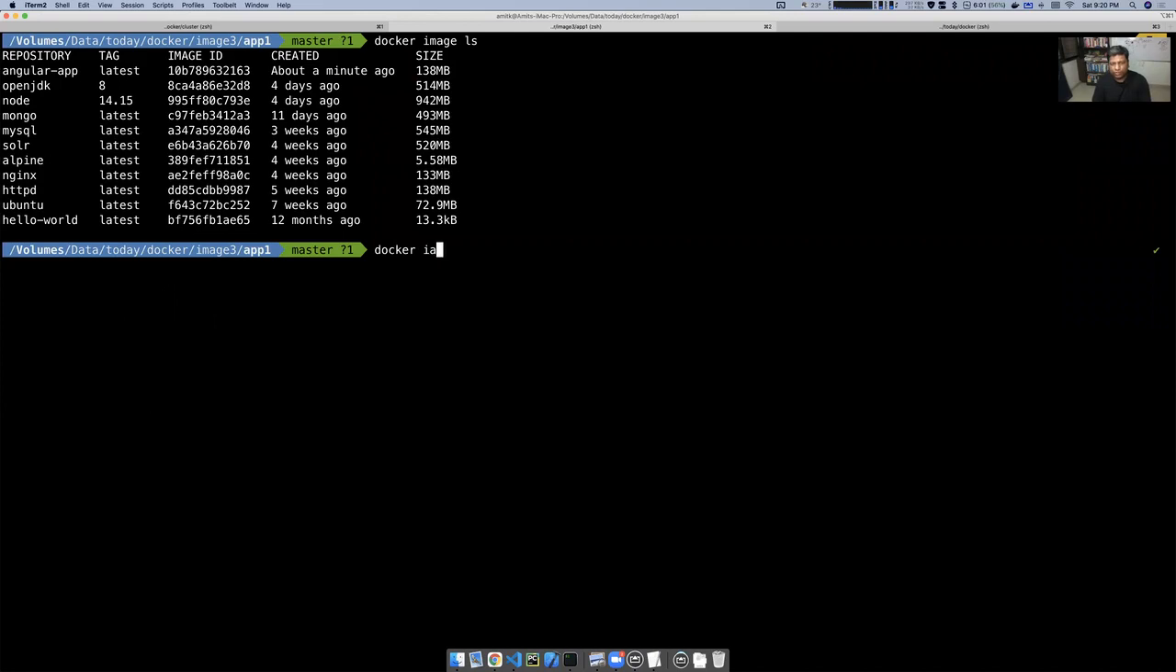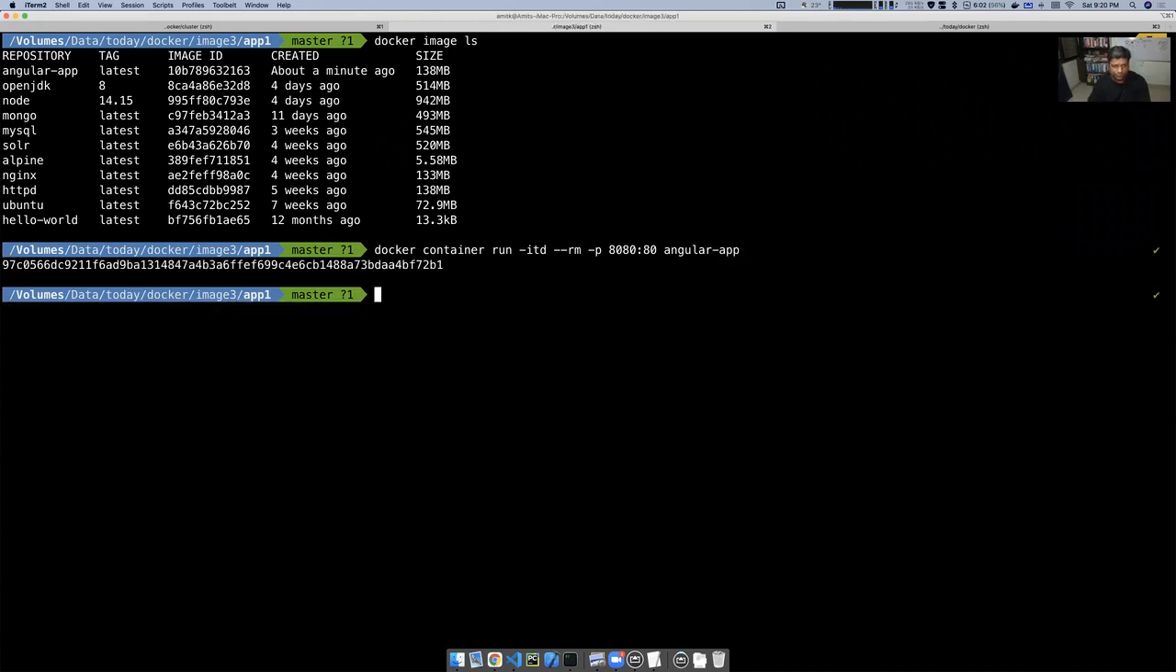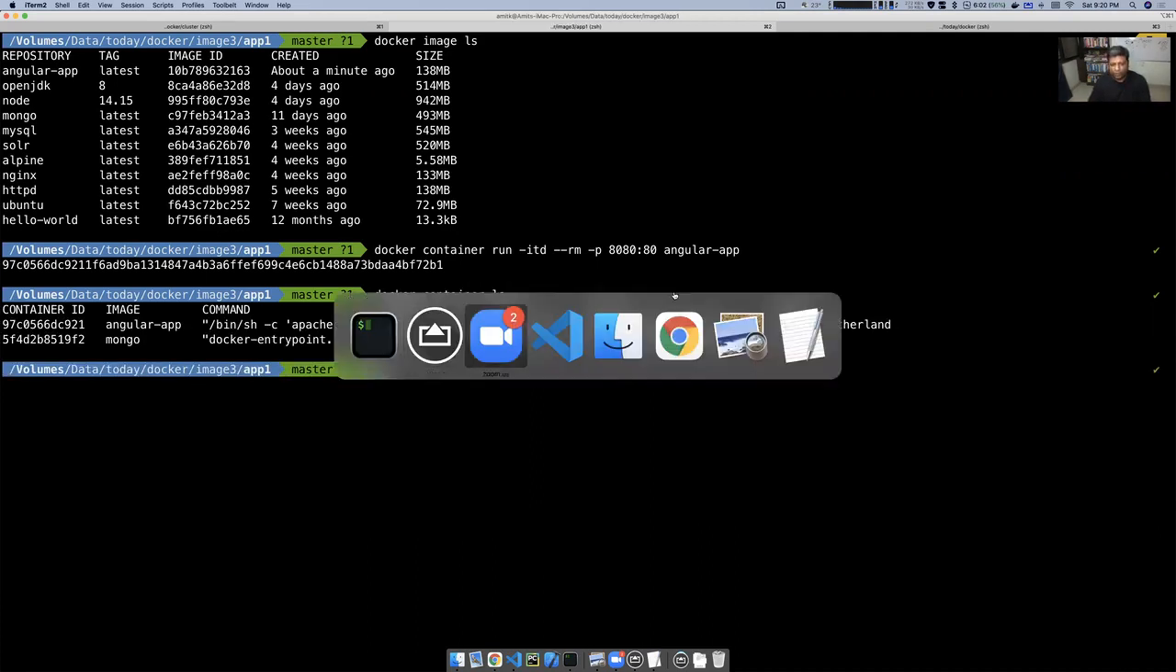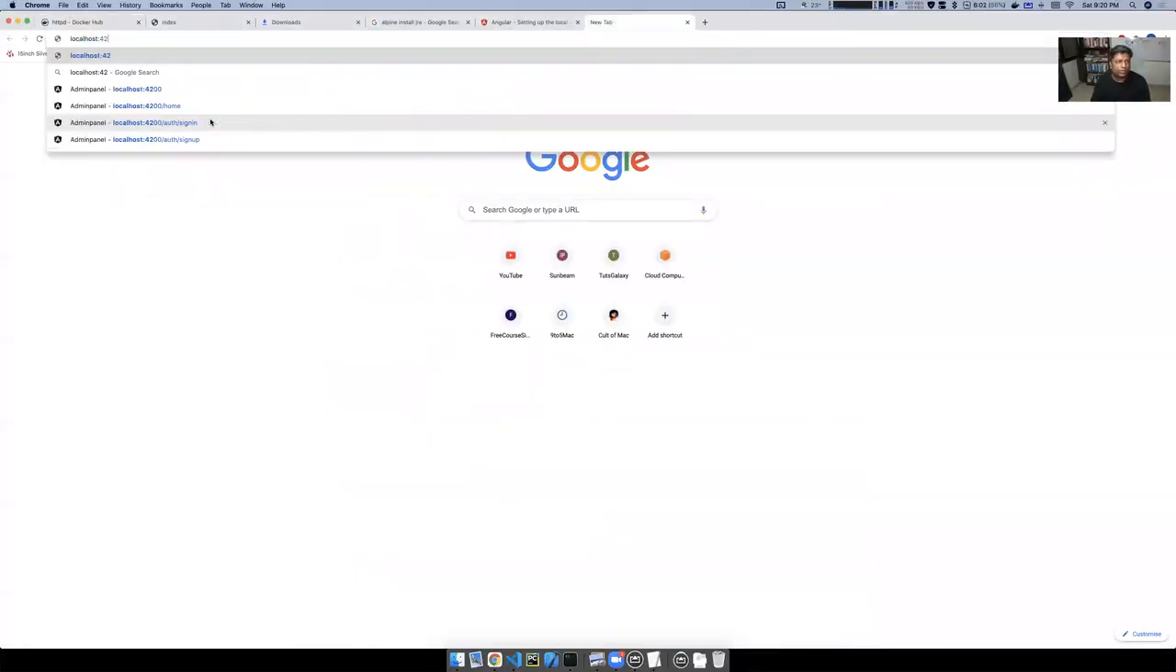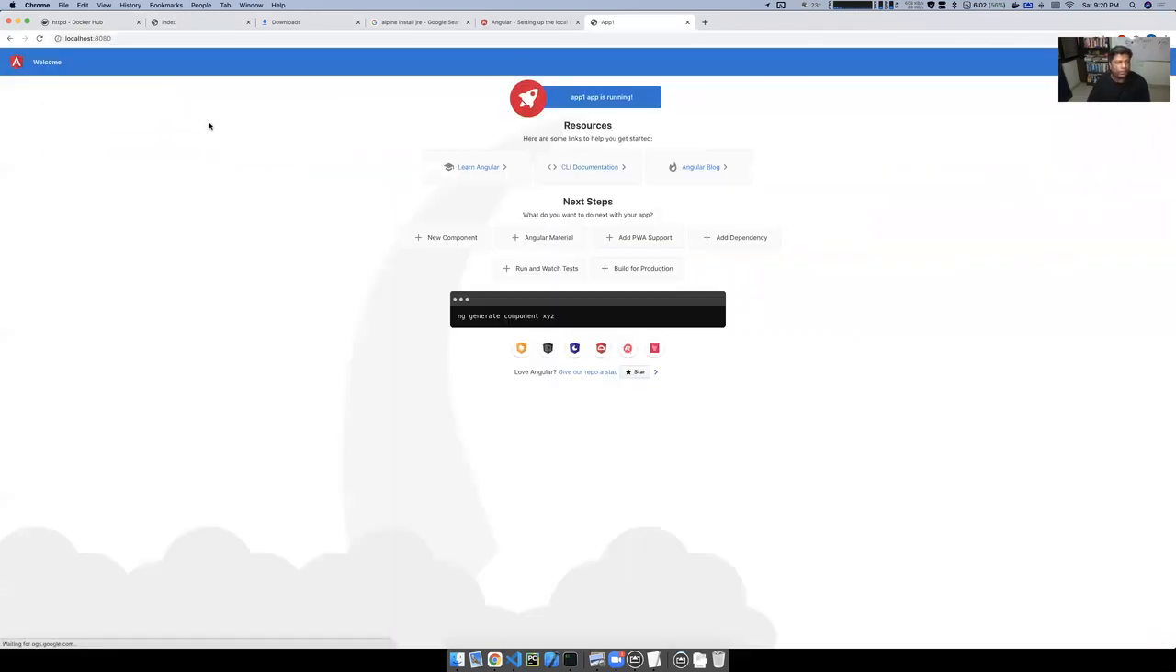Let us give it a try. Not sure whether it will work, but let's see. docker container run --rm -it, for example, mytd, because that's a website, -p 8080:80, and finally the application name is angular-app. It has created the container. So let us see if the container starts and if we get anything. It's port number 8080, so I'm going to go back here and say localhost:8080, and boom,